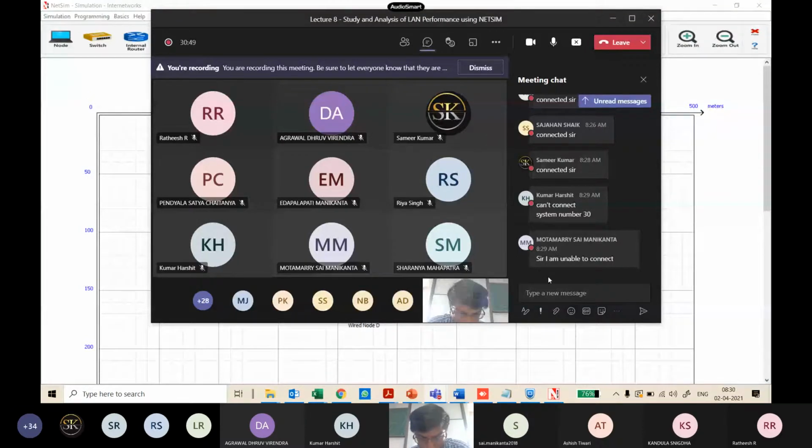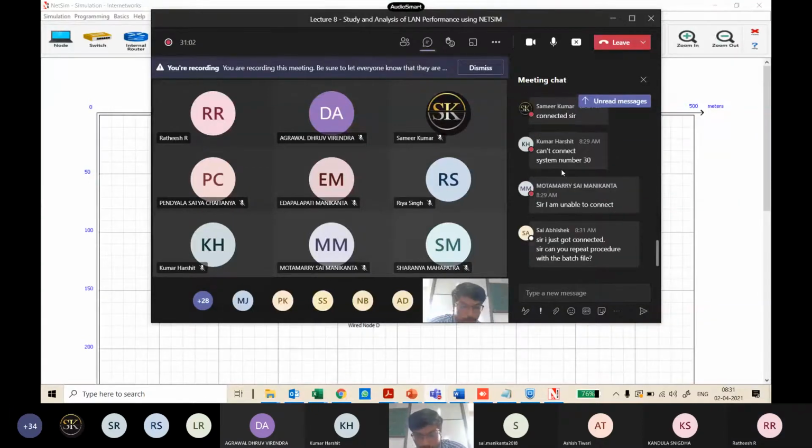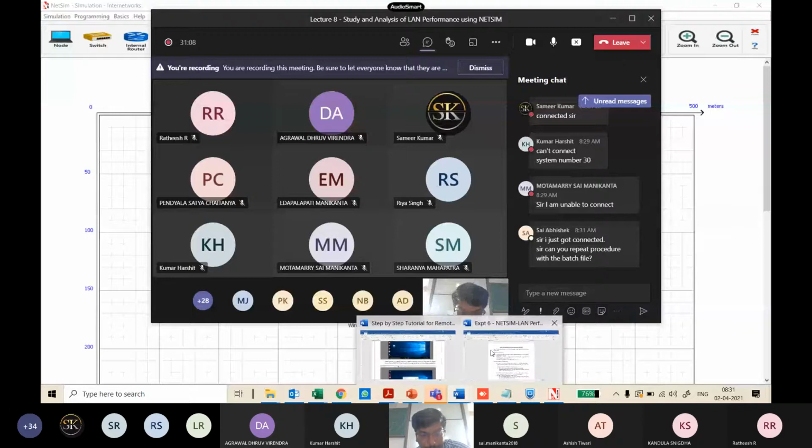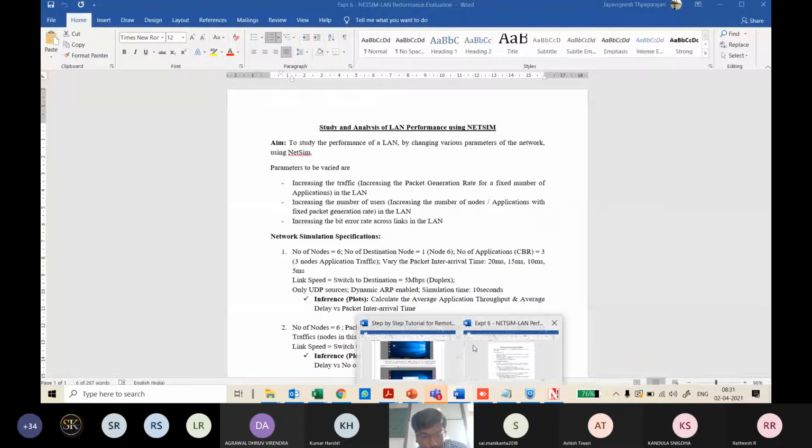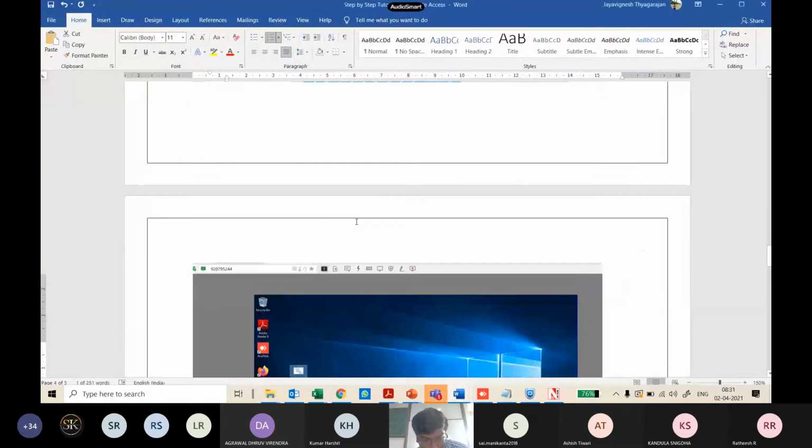Anyone else? All of you are fine then? Okay, so I just got connected. Can you repeat the procedure with the batch file? Sai Abhishek, the procedure is simple. Once you are inside, you have to go to the D drive. There will be a batch file.